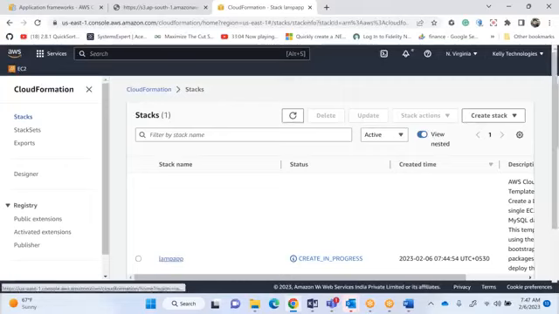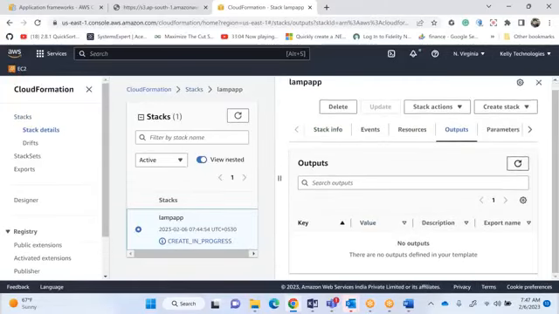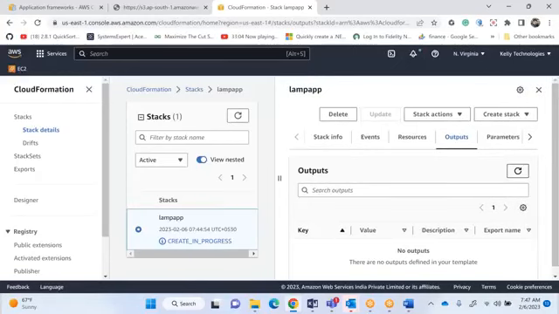Click on it, look for output. Once the output is created, now you can click on a button and it will work fine. Any questions? Anyone? CloudFormation template is one of the most important things you require. A lot of things, practice is required for it.